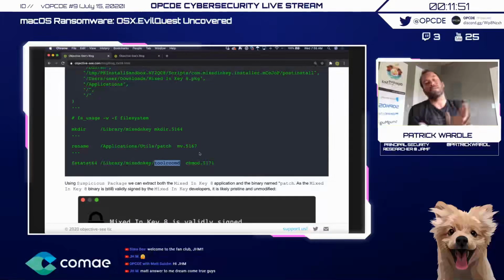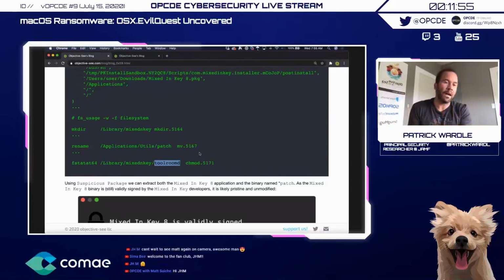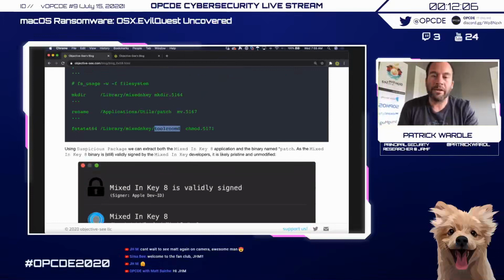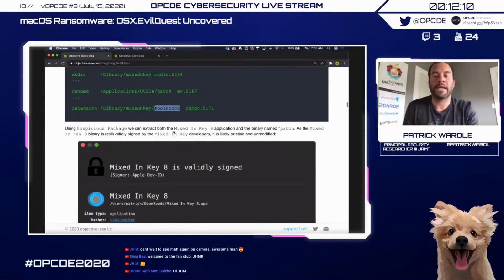And I oftentimes like to do that, right? If I see a script, I read it first to get an idea of what it does, and then I'll run it in a virtual machine with some dynamic analysis tools to confirm that the script is actually doing what I expect. So we could either extract this patch or toolroomd from the virtual machine, or we could extract it